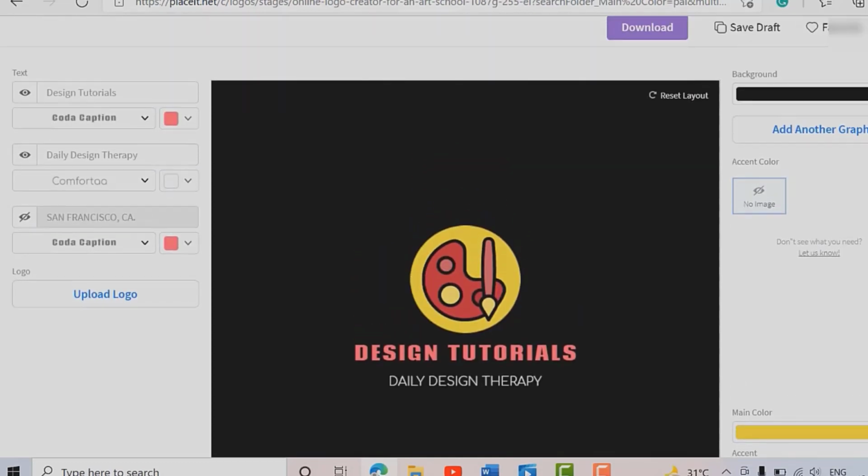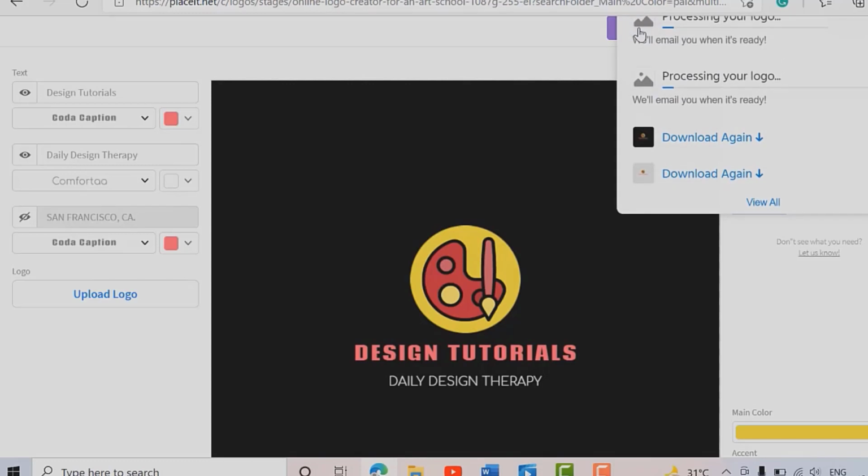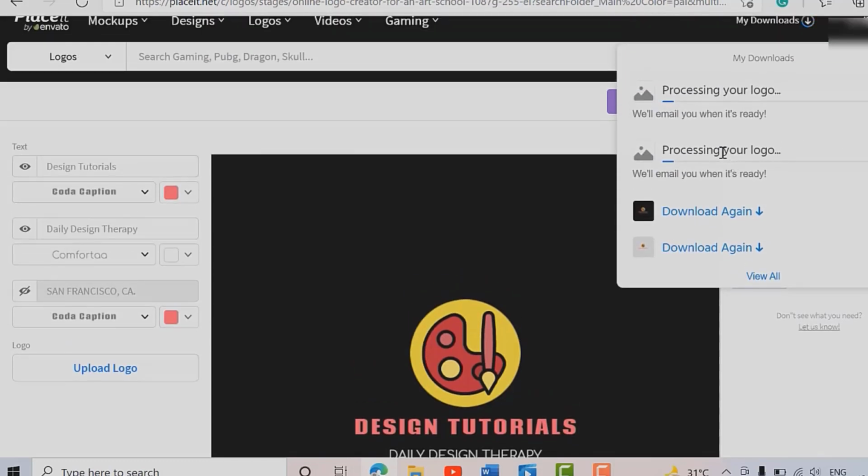But in most print on demand requirements, in most cases you will be downloading only files without any background color. So you need not select the color. Once I click the download here, it will show me something. It is processing two files automatically. The lower one will be the transparent one, the upper one will be the colored one.